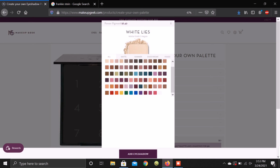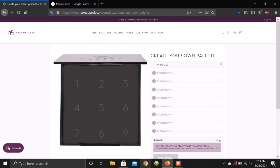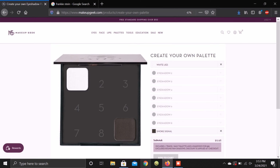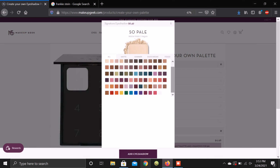Frankie has a lot of black and white on her. I was really happy they actually had a white eyeshadow instead of me having to use a pale nude. So that was really nice. I kind of already knew from looking through these colors before that the white and the black were going to be in there. I'm trying to organize this lightest to darkest, but I did already know